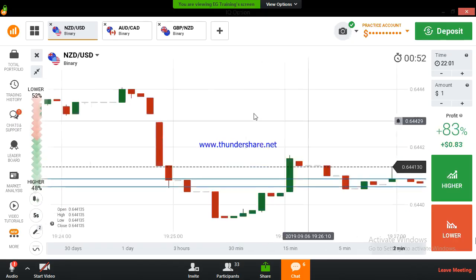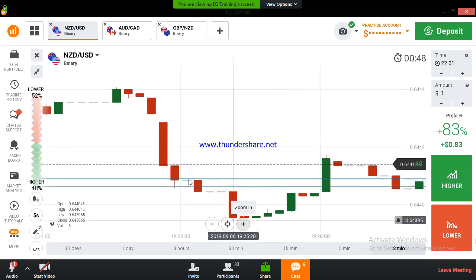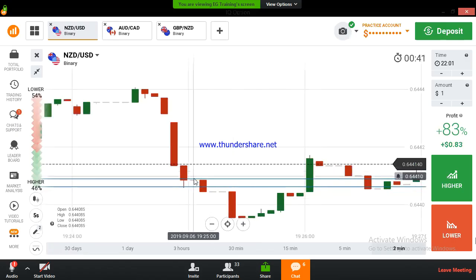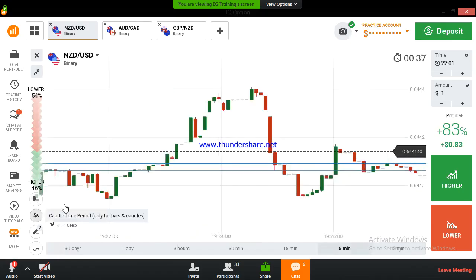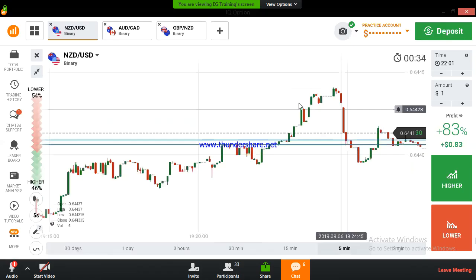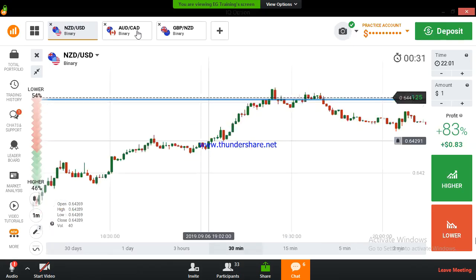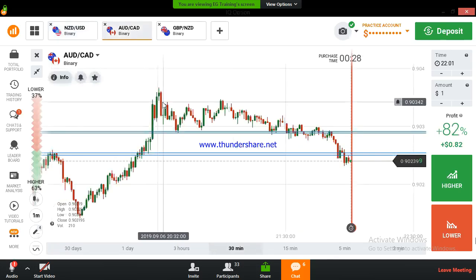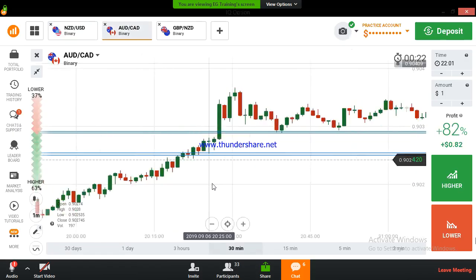Okay, in the first 30 seconds, there is no confirmation. We are seeing all bearish candles, so we can't place our trade. We can place our trade if we get a confirmation within the first expiration time. The expiration time is 30 seconds. If you get any first confirmation, always trade with the first confirmation. Don't trade on the second confirmation.